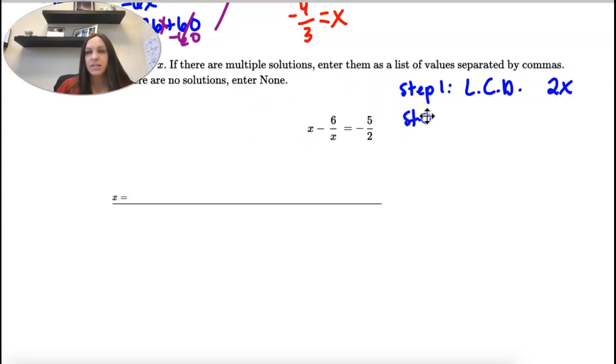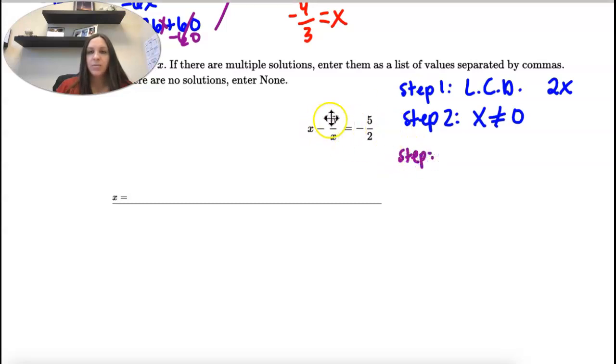Our second step is to look for any solutions that won't work. So we're going to look at our denominator and notice we have an x on the denominator. That x cannot be 0 because we can't divide by 0. Okay, step 3